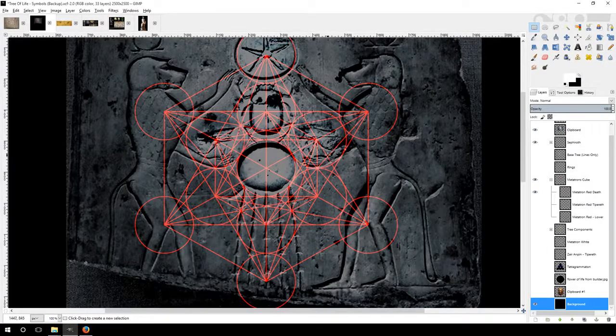Now, like I said, it's important that you go out and search for stuff yourself and mess with it yourself, because otherwise I wouldn't have known to put this piece of the puzzle together. So we have the left and right eye of Horus, and then I remembered an image that I saw